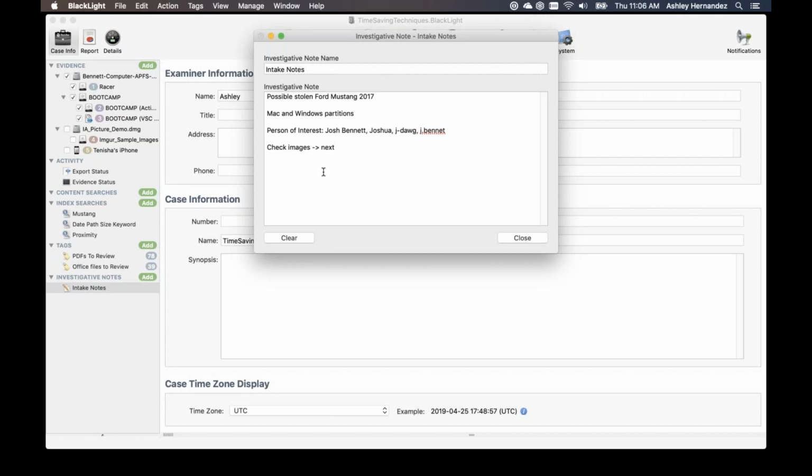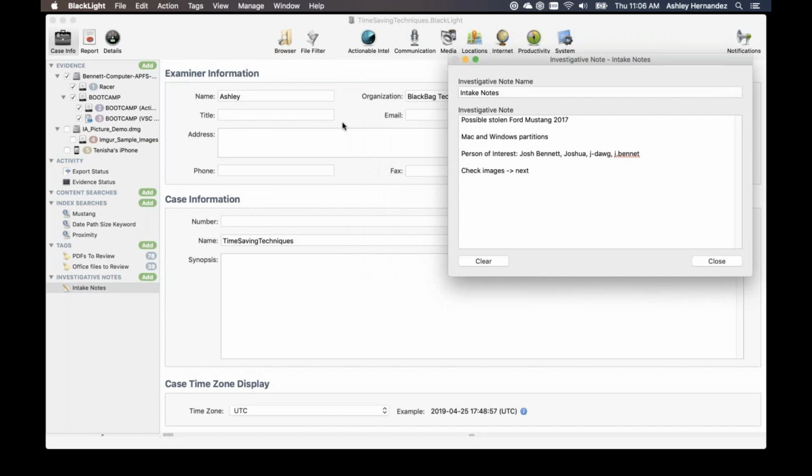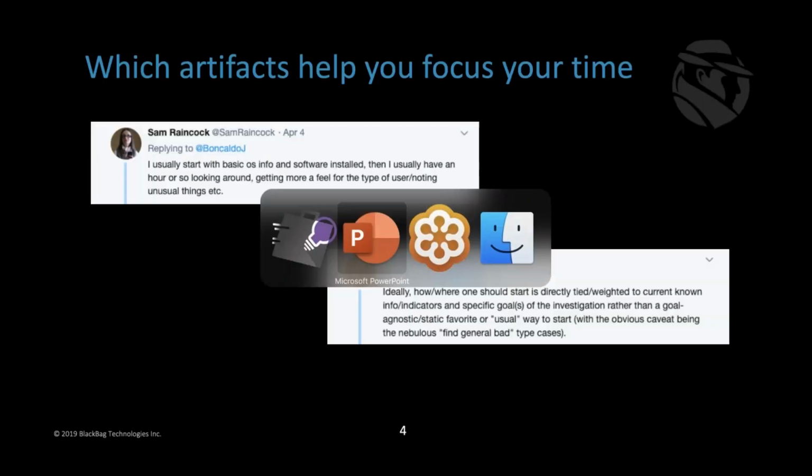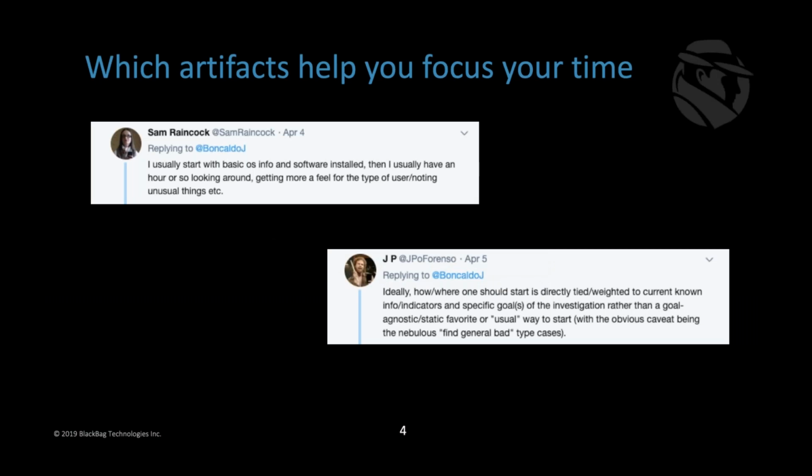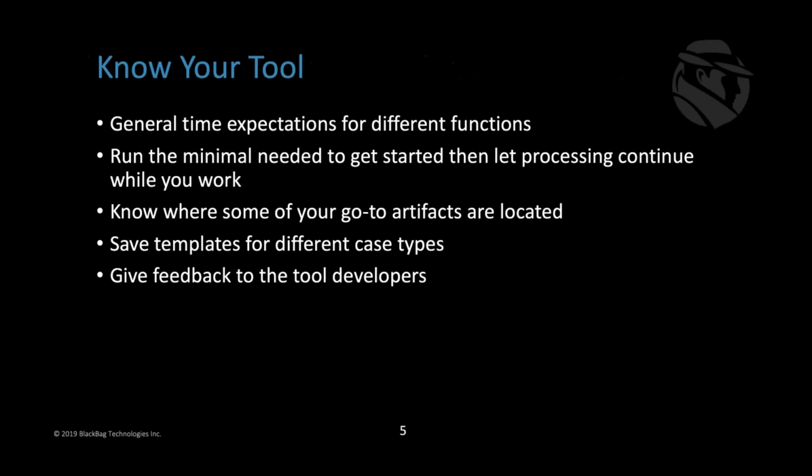You can make as many of these as you like. They will not block the interface, so if you want to still interact with the interface, you can have this up and just kind of have a scratch sheet that then goes along with your case. So it's just a nice place to have your notes in preparation for what you're going to do. So we've got our plan, and now we're ready to get started.